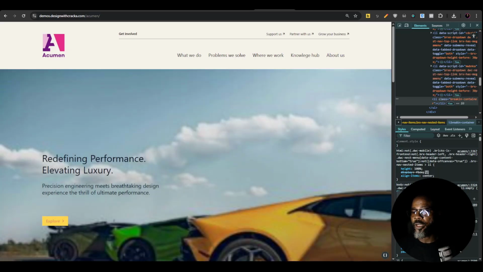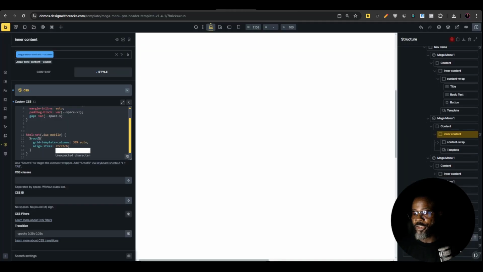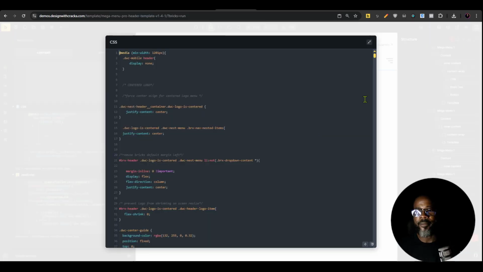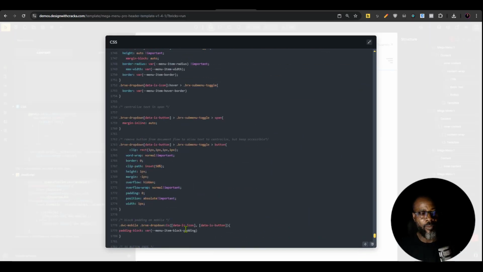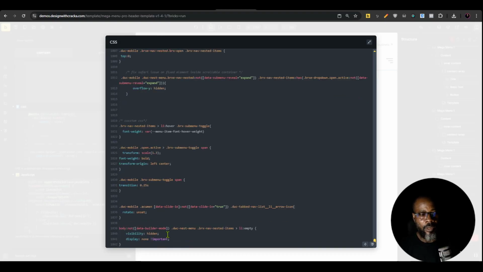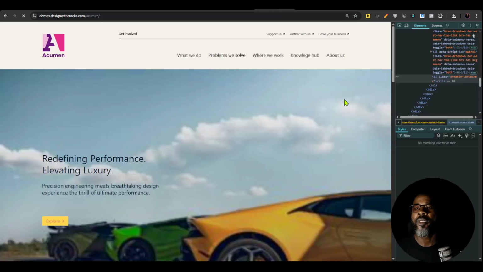So I'm going to copy this rule, and I'm going to go to our custom CSS and add it. I'm just going to remove this because we already have this somewhere else, and that's it. All right, so yeah,